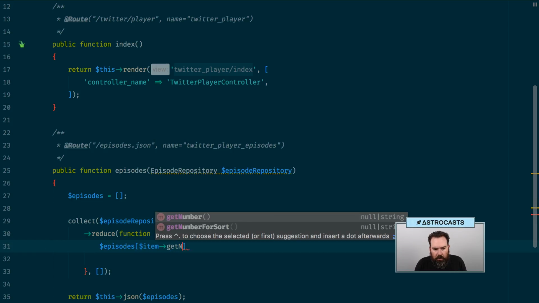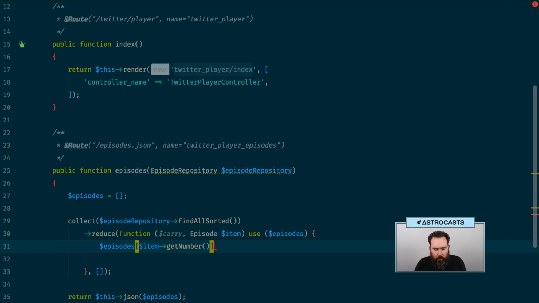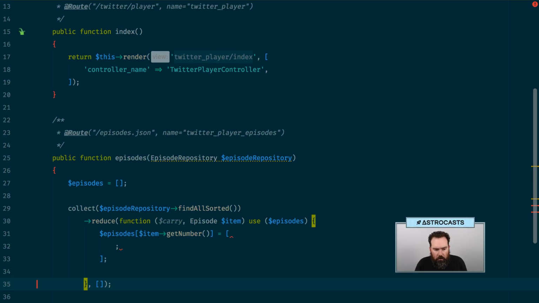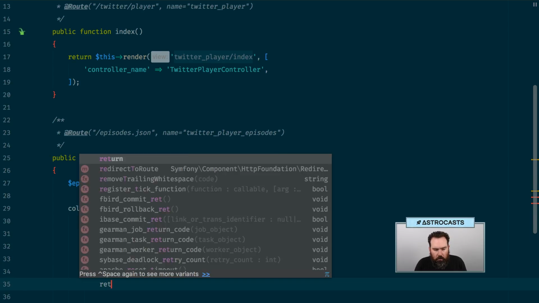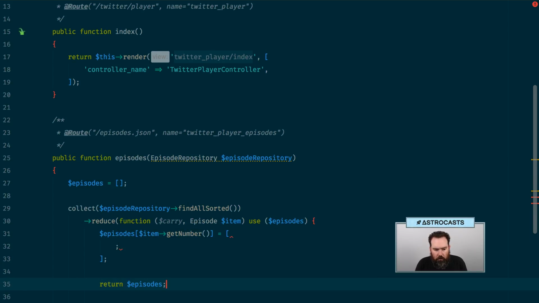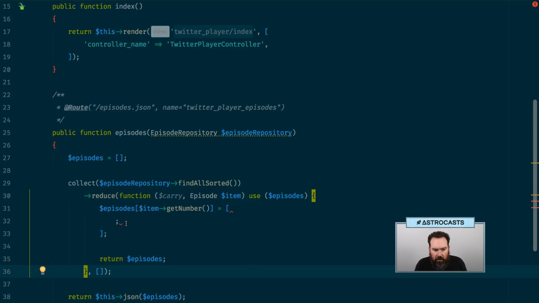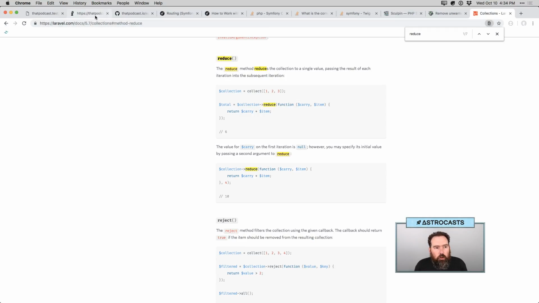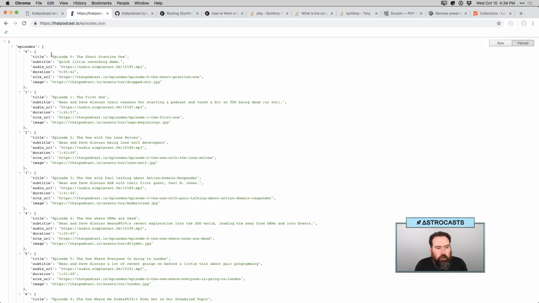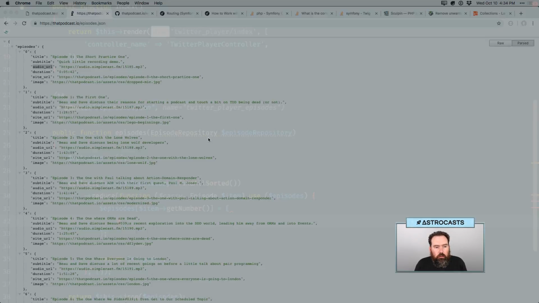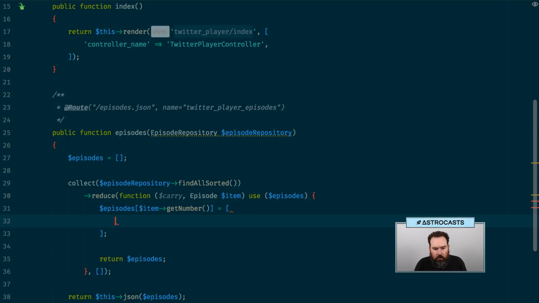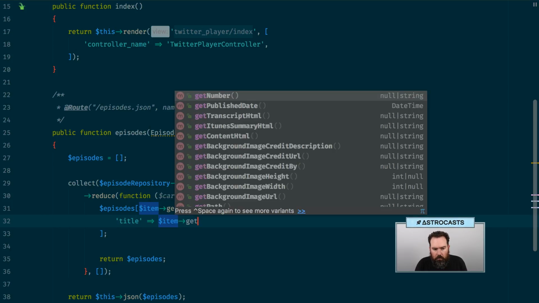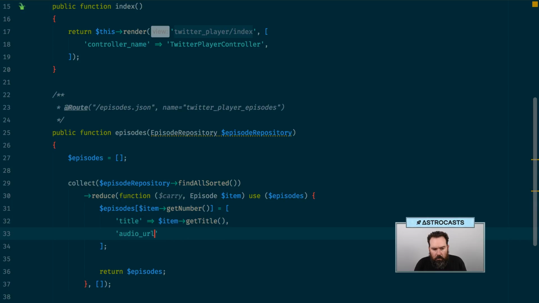So we do item get number equals episodes. And then we need to see which keys we want. So title, subtitle, audio URL. So title, subtitle,